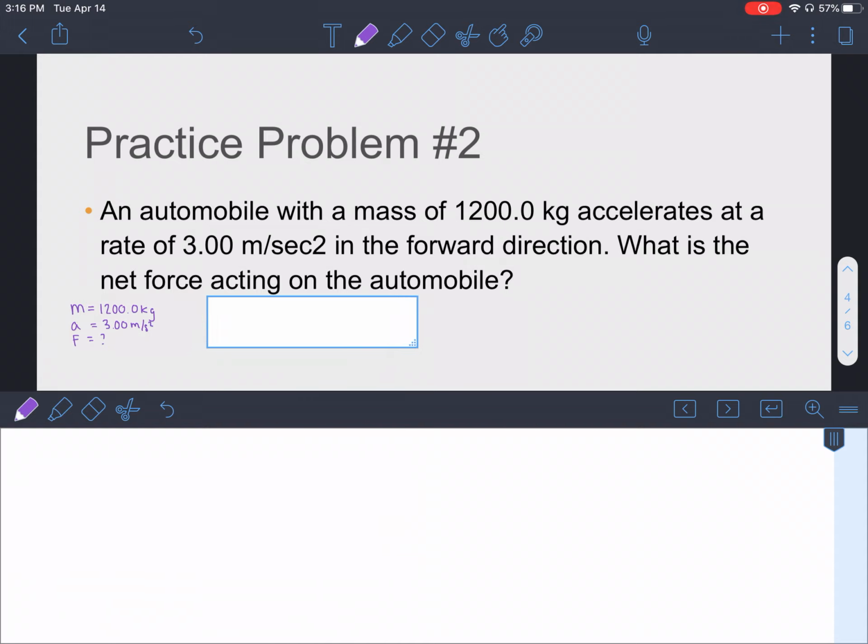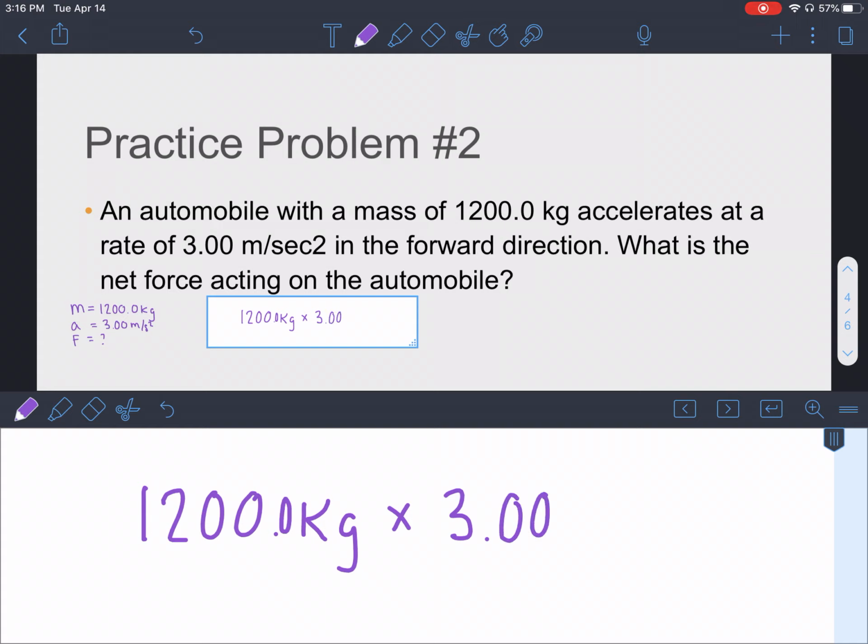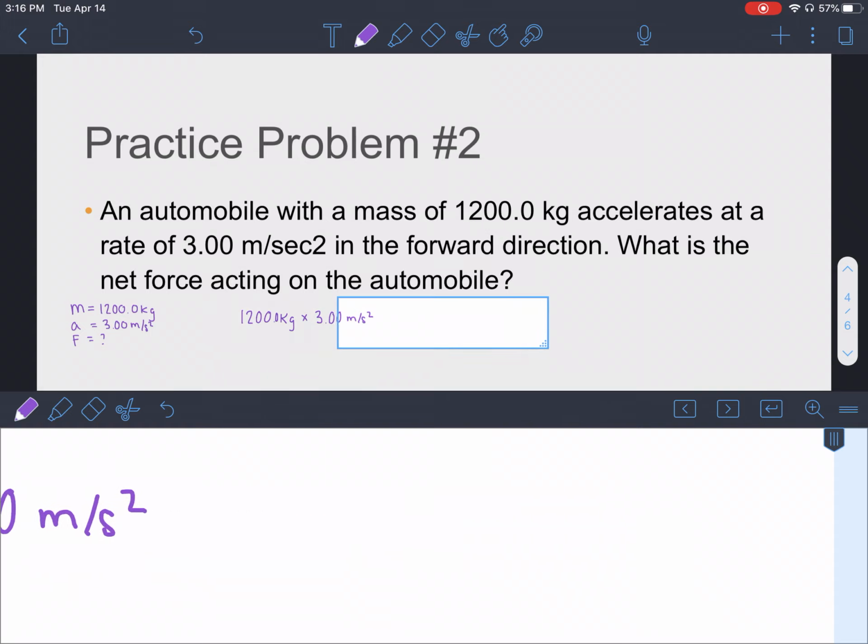Therefore, we will be taking the mass and multiplying it by the acceleration. And when you multiply those two together, you get